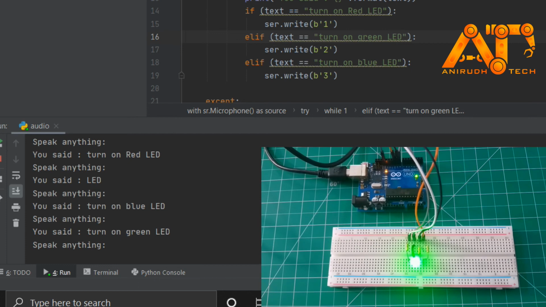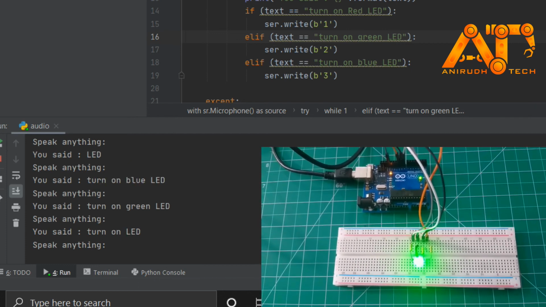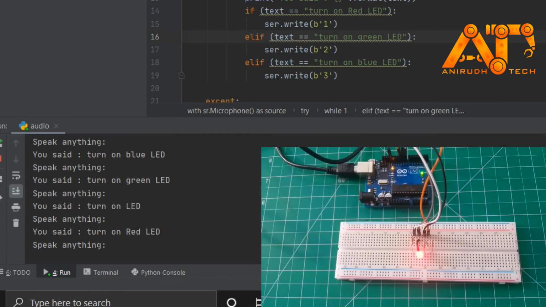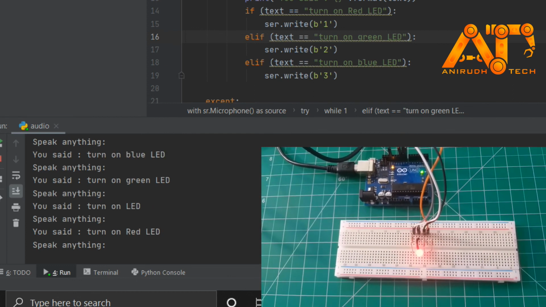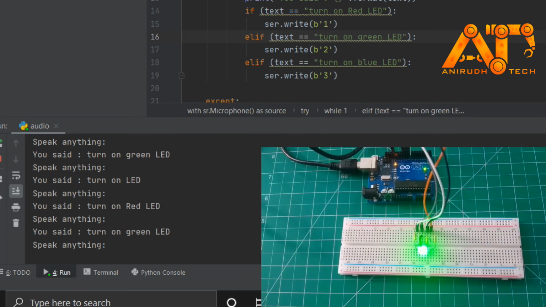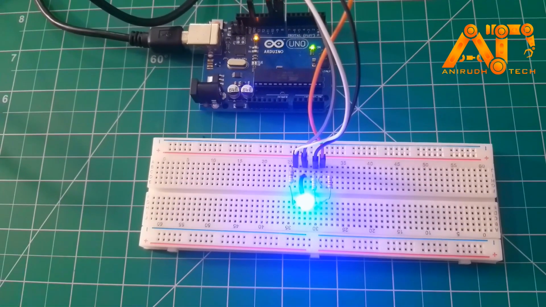Turn on red LED. Turn on green LED. Turn on blue LED. Turn on red LED.